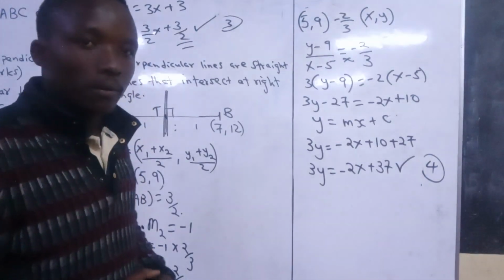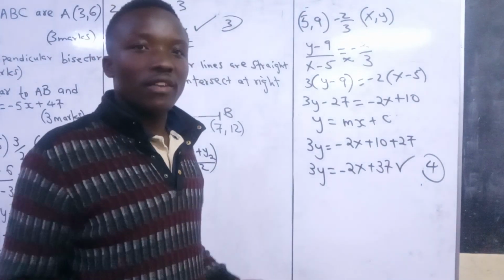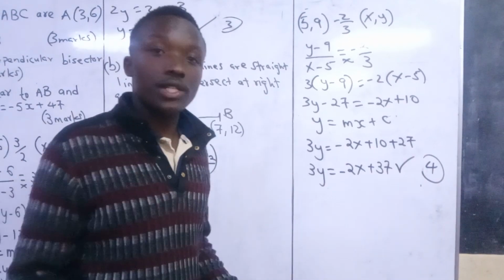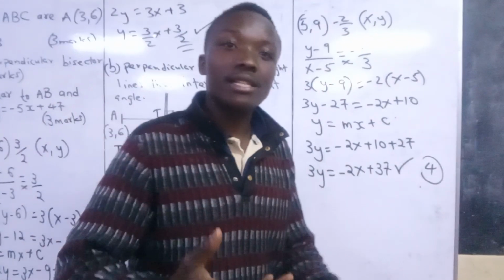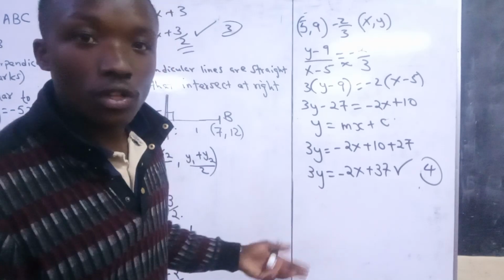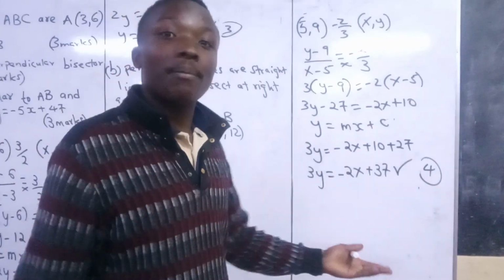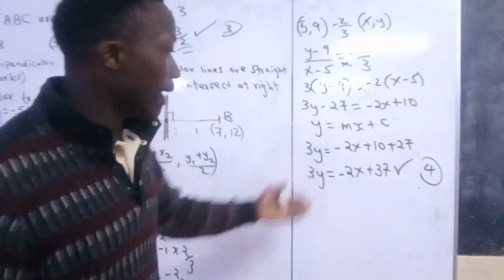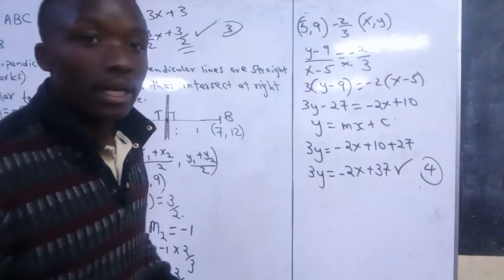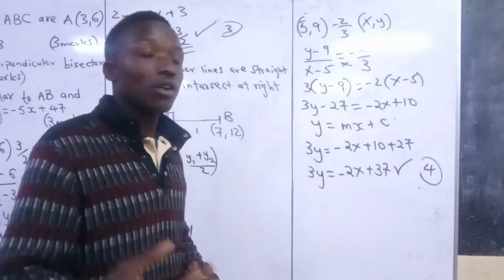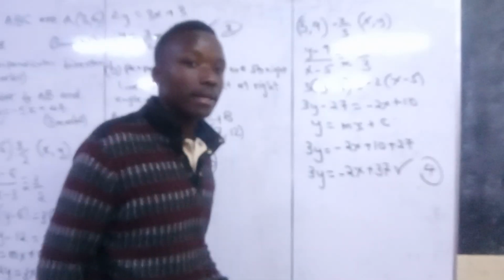So, having solved the first question and the second question, you have already earned 7 marks out of 10. That's 70% of the questions scored correctly. That's a pass. So, reaching there, we have been able to determine the equation of AB, and we have also been able to determine the equation of the perpendicular bisector of AB. Now,